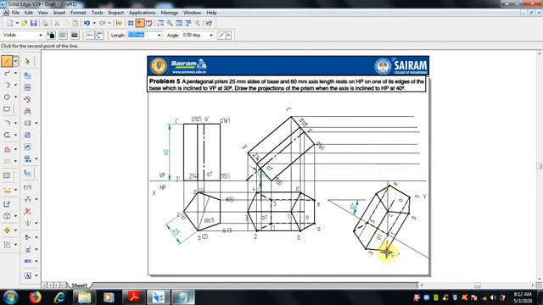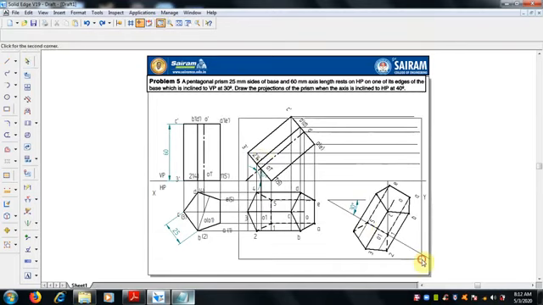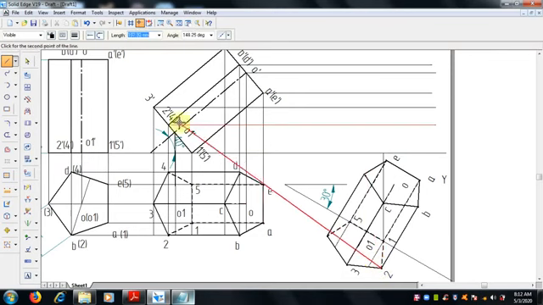2, 2 2 2. Zoom it for better projection. Set a line, draw this 2 2 here, where it meets, 3, 3, and this is 4.